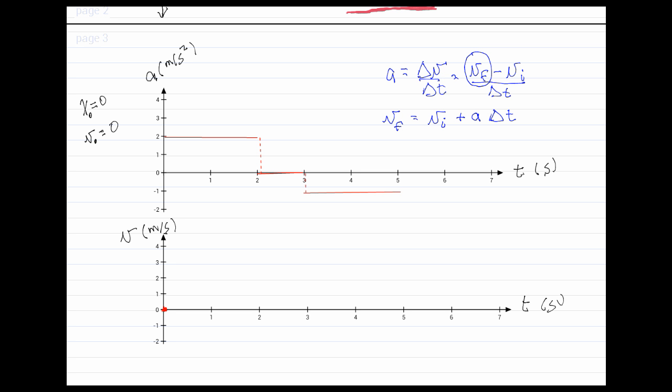Now for this particular interval, the initial velocity, this v_i, is 0. We're starting at 0. So this first term is 0. Then we just have acceleration times delta t, and delta t is 2 seconds. It's the length of our time interval. That means that at 2 seconds,